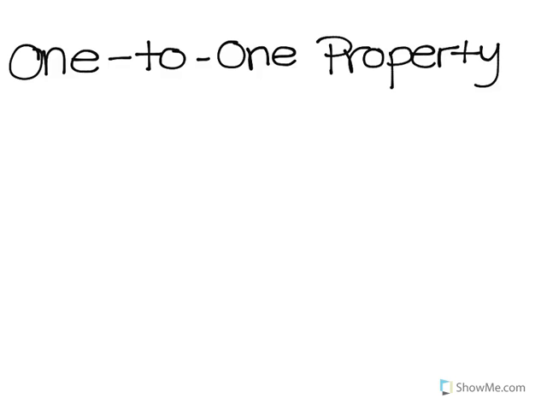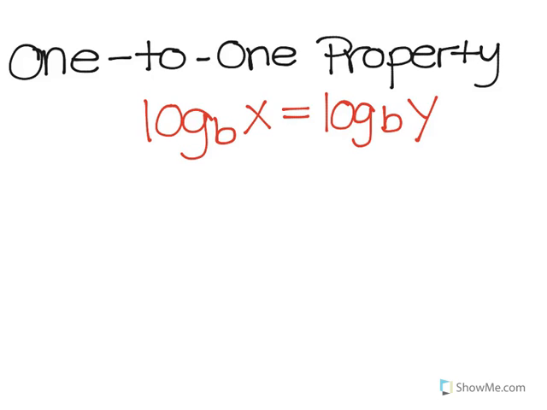The one-to-one property of logarithms is stated like this: log base b of x equals log base b of y. So if you are given this, then this is simply x is equal to y. But here's the catch. There's a couple